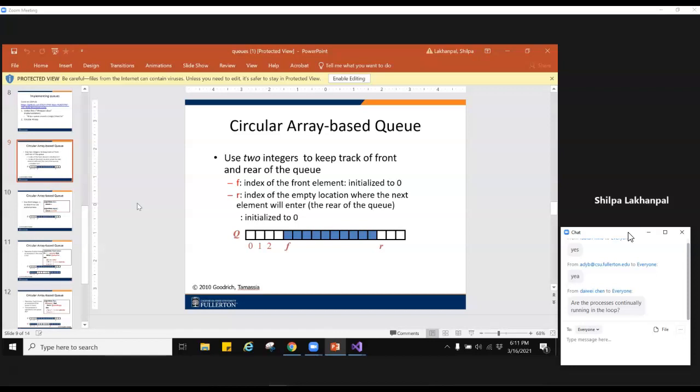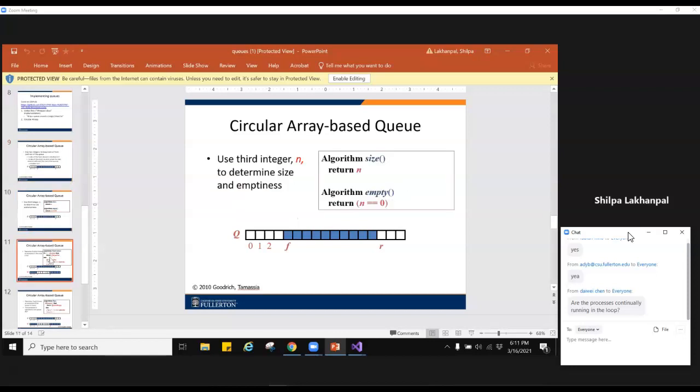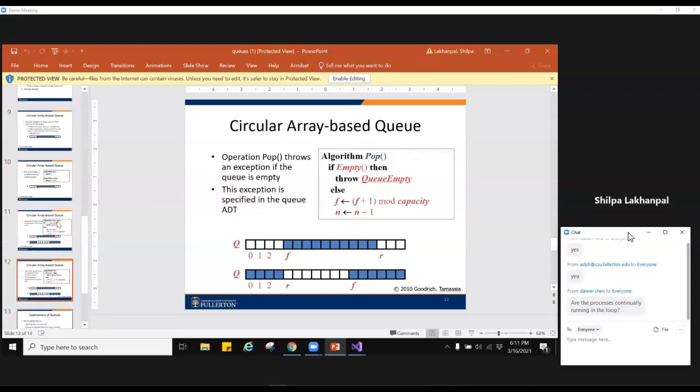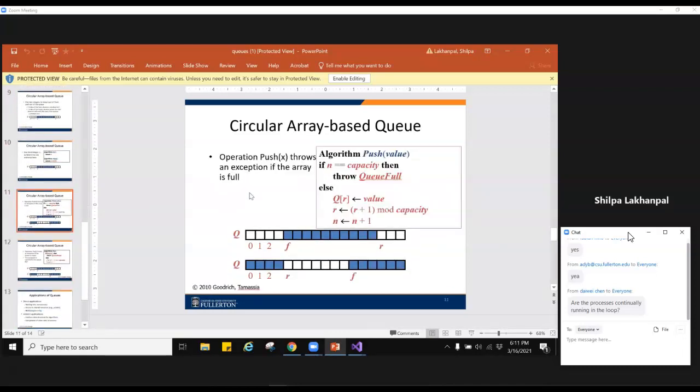The operations are push and pop, and we need to see what will happen with them. For the push, the R is always positioned at the correct place where you want to put the item. So you put the item at location R, and then you do R equals R plus 1 to move the R to the next location.